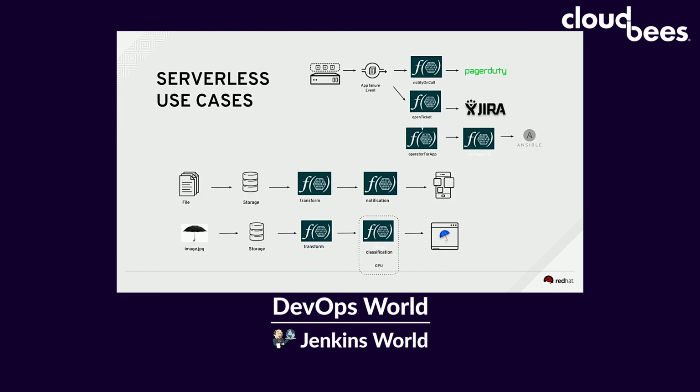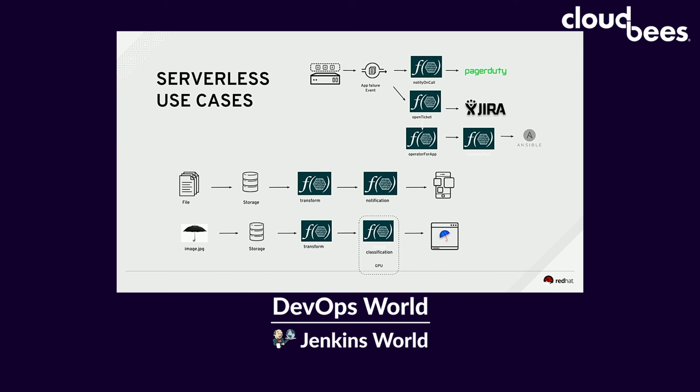So there are typical use cases like server management. When something happens, an app fails on an event on a server, it can trigger an event on your serverless platform, which can notify you via PagerDuty, file a Jira ticket, and then fire off an application written in Ansible to repair it or do something else. Also,